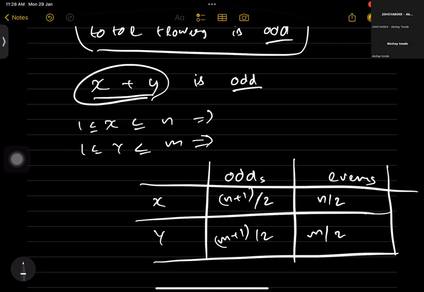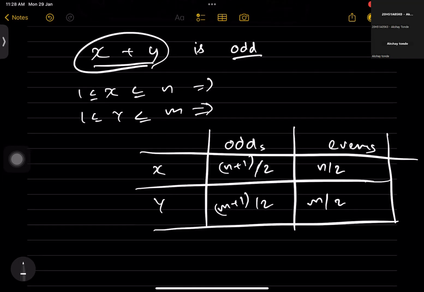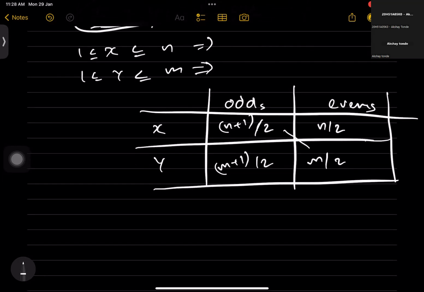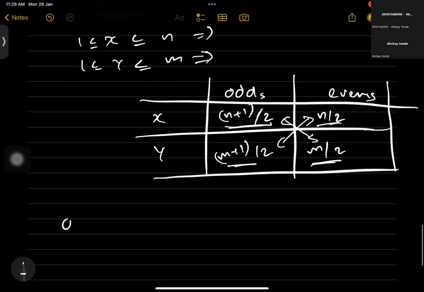Now, we know that x plus y will be odd only when x is even and y is odd, or y is even and x is odd, right? So we basically cross multiply these both, right? Basically, the number of possibilities where x is odd multiplied with the number of possibilities where y is even, that will give us the number of total combinations where x is odd and y is even, right? And that we add with the number of possibilities where y is odd and x is even. So our final answer will basically be